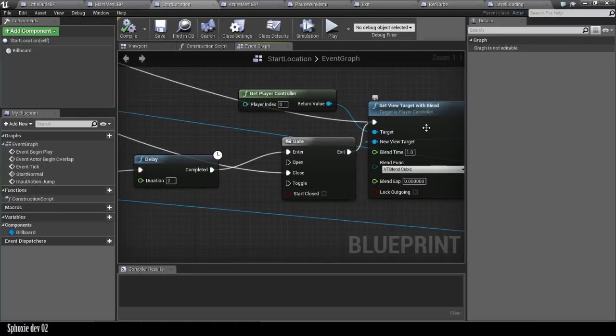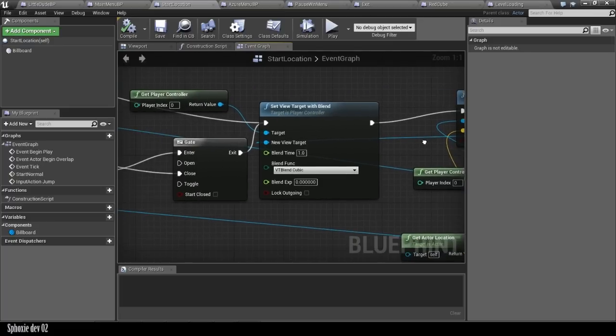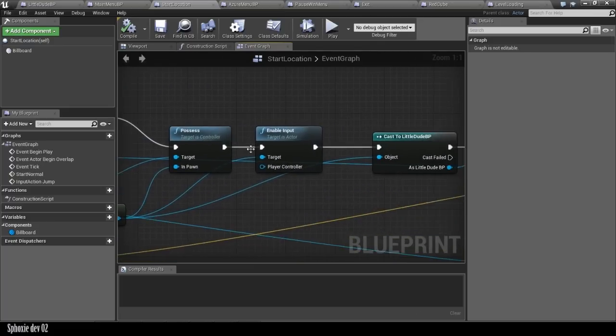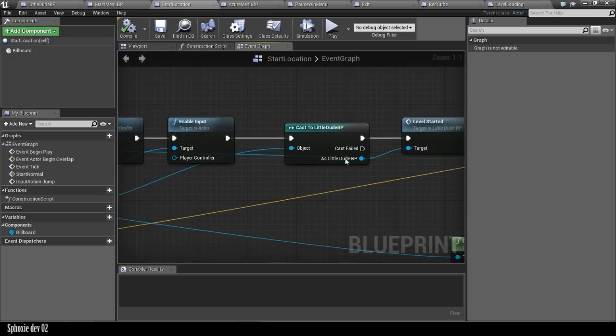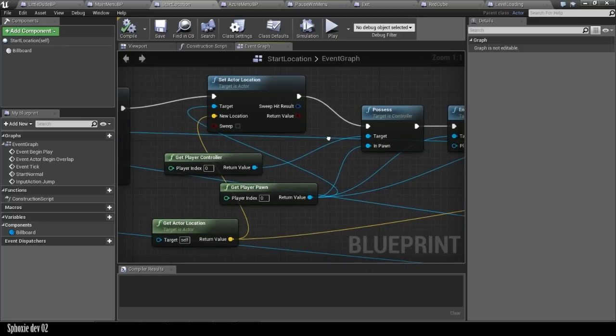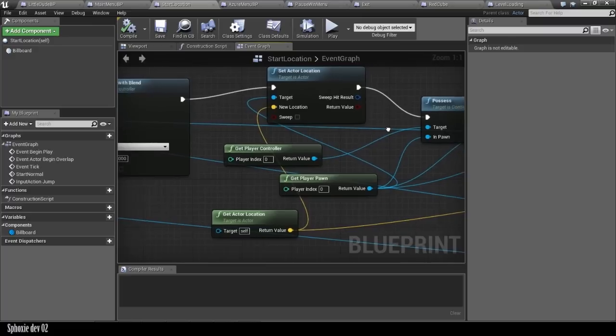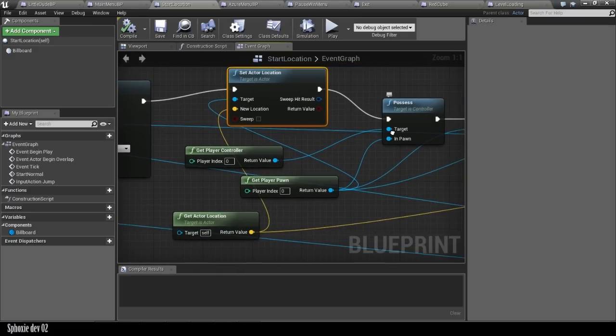next sequence. We wait for 2 seconds so that it stays there, then it goes back up to the final camera, to the little dude. You can see him. And then we actually also get the current location